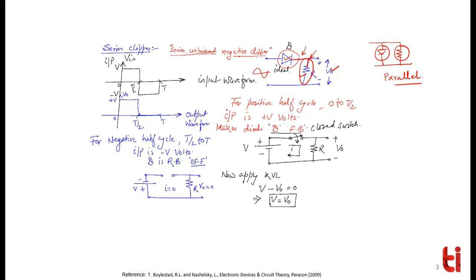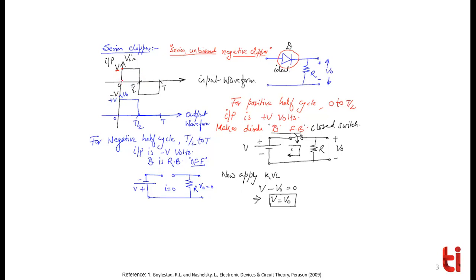Okay, no problem. So how does it work? Let's say this is the circuit, in which the input signal is a square wave, varying between V volt and minus V. This is a generalized voltage; you can imagine 4 volt, 5 volt, 6 volt, whatever voltage you want. So this is V, this is minus V, 0, T by 2, T. This is the input waveform we have.